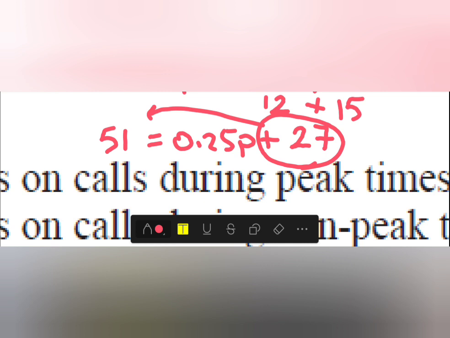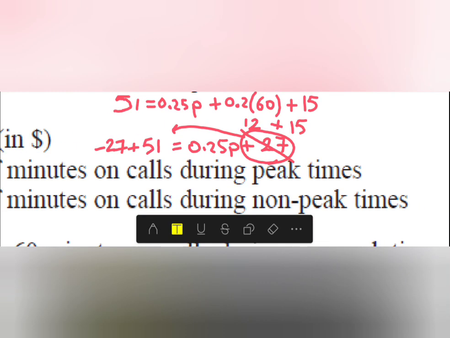So 0.25p equals 51 minus 27. First, we find 51 minus 27 equals 24. So I'm going to write it here. So 24